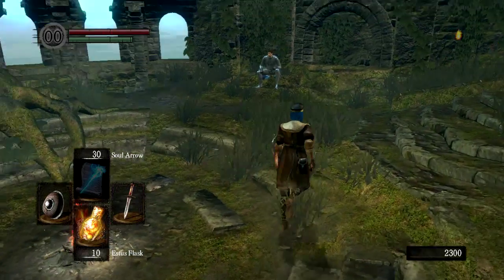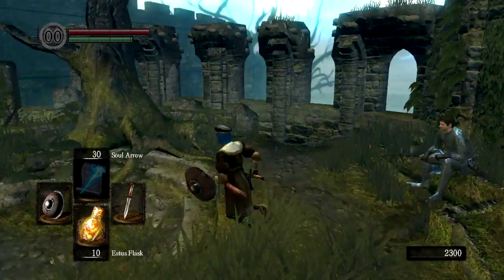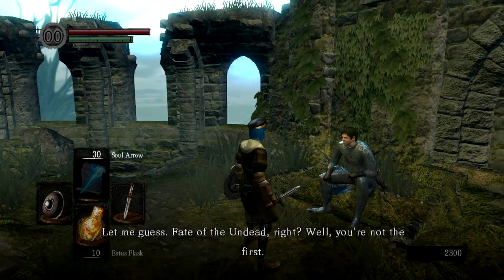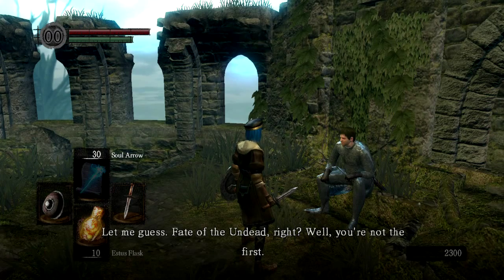We'll put this on my right hand for now. I guess I'll talk to you for 2 seconds. What do we have? Let me guess. This guy's kind of a dick. He doesn't really do anything. Well, you're not the first, but there's no...